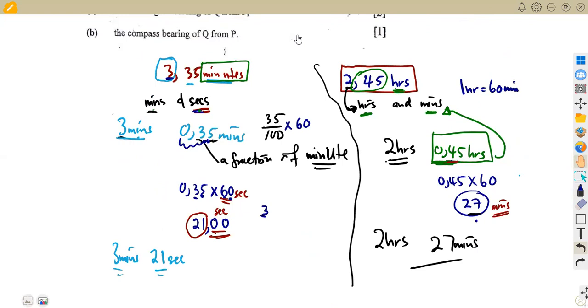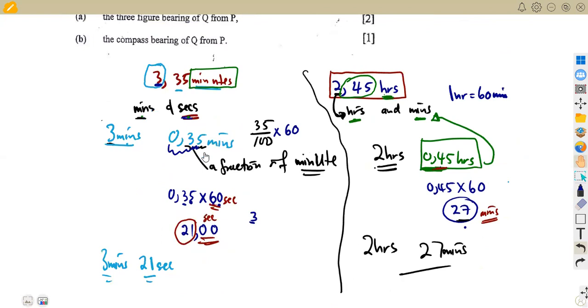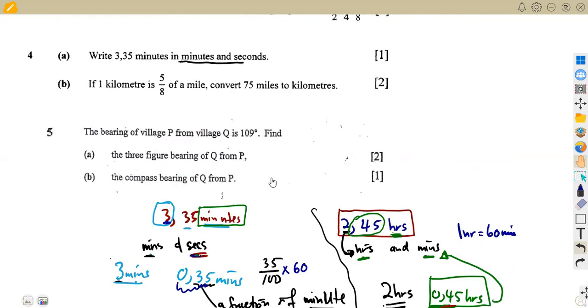I don't know if it is clear. Are we clear on this part? Yes. All right, so let's see. All right, so the other part